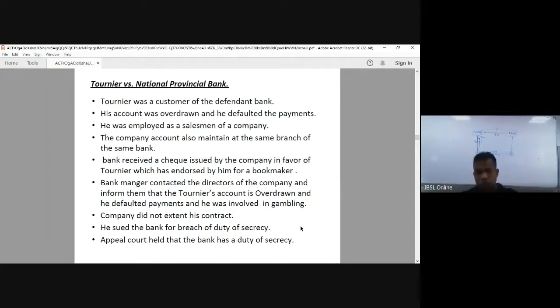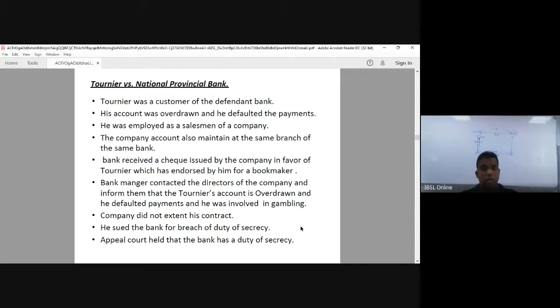Now, when the check is presented, that was paid from the company account to this third party. However, the manager got upset, because now when you consider the check, the payee of the check is Mr. Tonia. If he comes and deposits the check to his account, from the money that the bank received from the check,